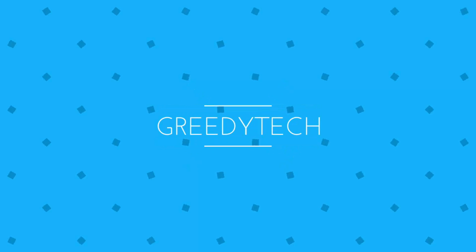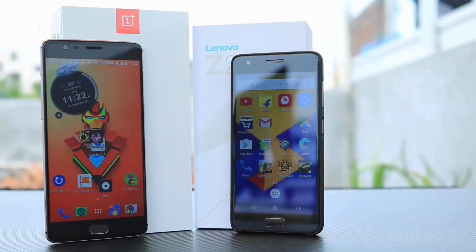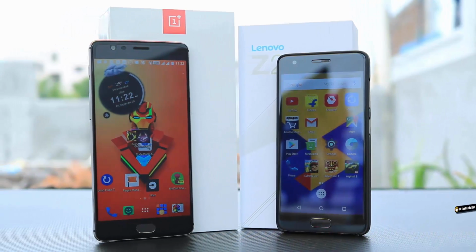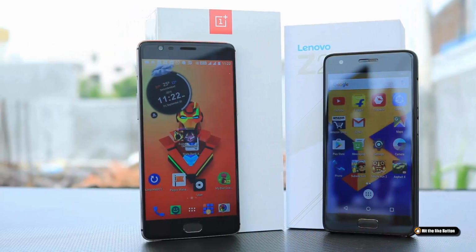Hi there guys, this is Nikhil from GreedyTech and this is the quick comparison between OnePlus 3 and the Zuk Z2 Plus. I will cover all the important stuff, and if you still want an in-depth comparison, do let me know. I'm comparing the 64GB variant of Z2 Plus, and first we will look at the similarities, then we'll go